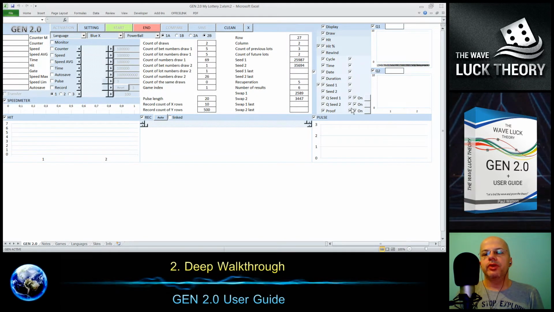Also, if you have more settings activated, it might slightly slow your generation, but these ones almost do not slow it at all, because they are saved in the background, and here you are just deciding if we want to see them and print them. So I put them all on, and actually we are ready with the primary settings.